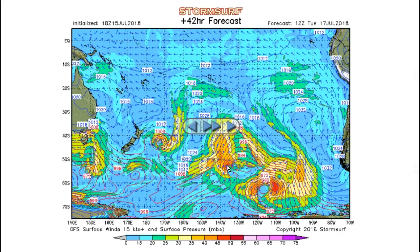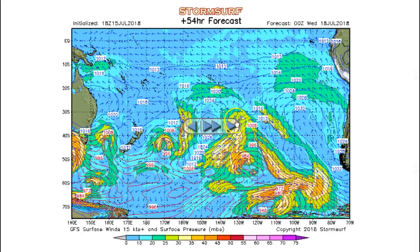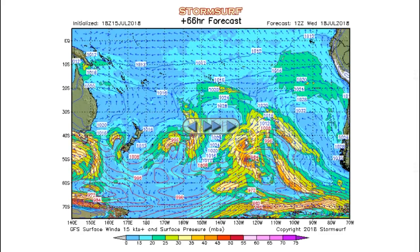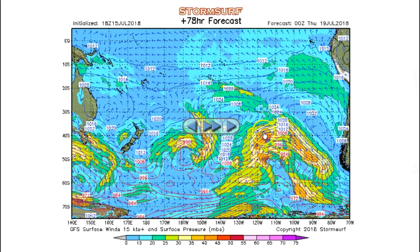Secondary fetch, tiny patch of 45-knot winds. Nothing though compared to what was. Fetch fading as we get in Tuesday night, 30 to 35 knots, and then slowly dissipating and getting ready to move out of the swell window by, there you go, come Wednesday night. So a good long stretch from now till Wednesday night of fetch, aimed reasonably well to the north, aimed at California,